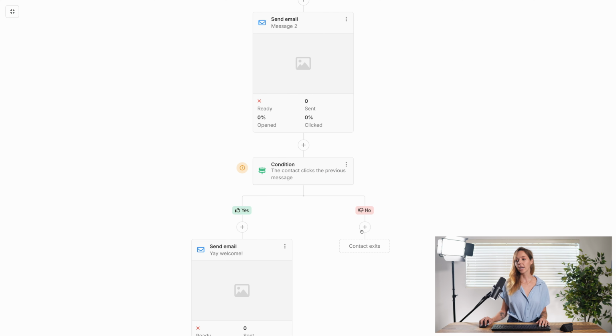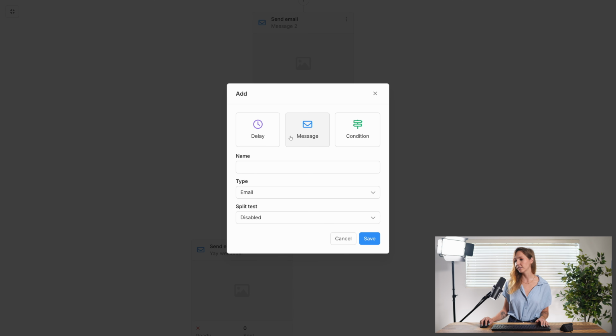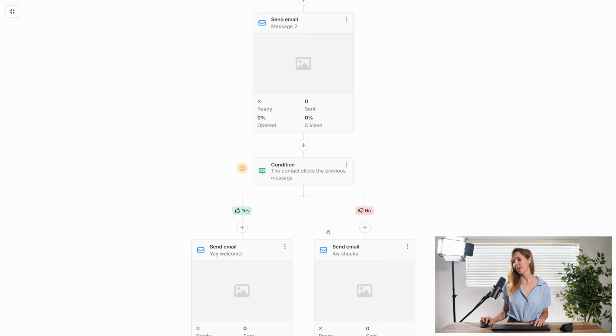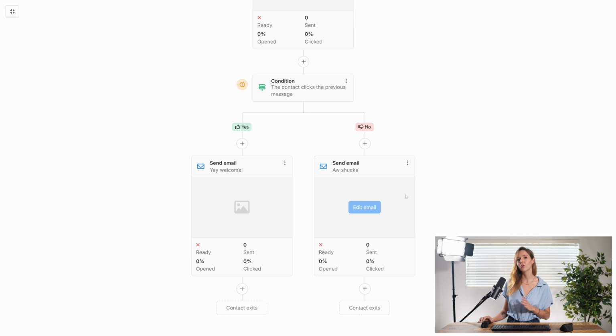You'll see that when I create that condition that I am now given a no branch. So when they don't do the thing in this condition, then they need to receive a separate email. So if I come here and I add a new message, and I'm going to say this, it's called "Aw shucks," and hit save. That is then going to send the no version of my email when they don't click